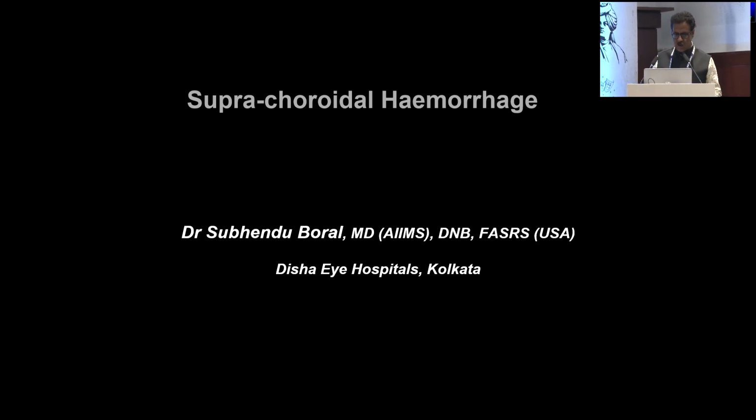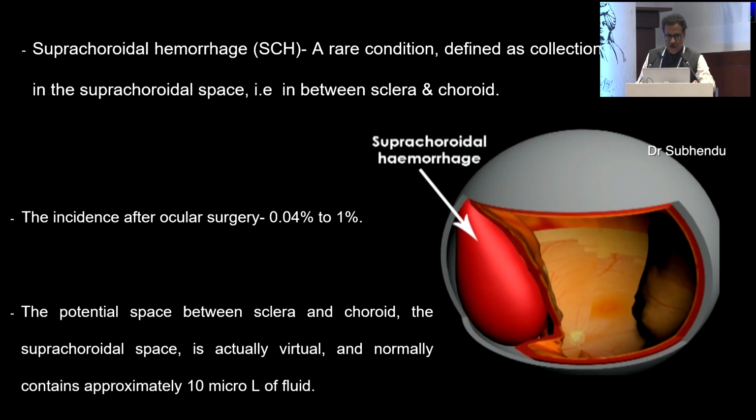Today my topic is suprachoroidal hemorrhage. It is a 1 in 1 lakh situation for every ophthalmologist after doing any kind of intraocular surgery. So suprachoroidal hemorrhage is a rare condition defined as a collection of blood in the suprachoroidal space, which is virtually a potential space containing only about 10 microliters of fluid, and its incidence varies after cataract surgery,